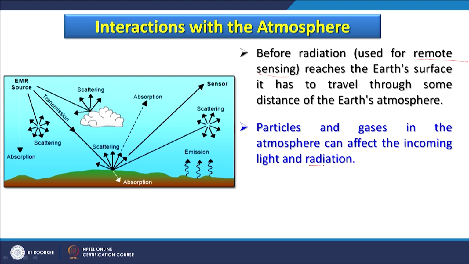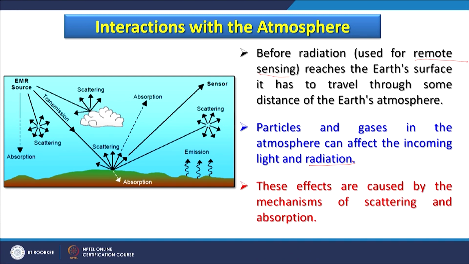So we are concerned mainly with the radiation directly. Of course, when it is going back, at that time also it will have a problem. So these effects are caused by the mechanisms of scattering and absorption,